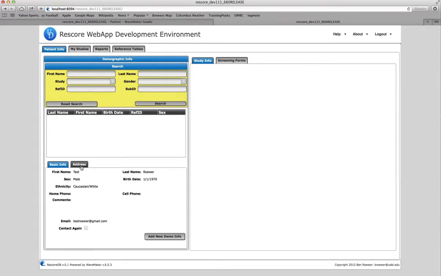Now what we have to do then is we want to add an address for this person as well. So we click the Address tab, you'll see that there's nothing there. The reason there's nothing there is because we don't have anything selected in our search grid. Most of the panels that you'll see are going to be blank until something is selected in one of the search grids. So if we go back up to our search area and we search for that person we just added,